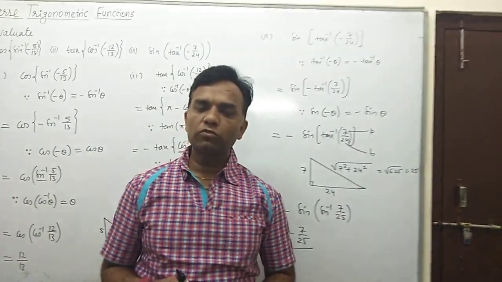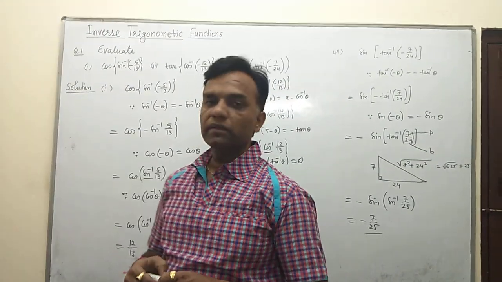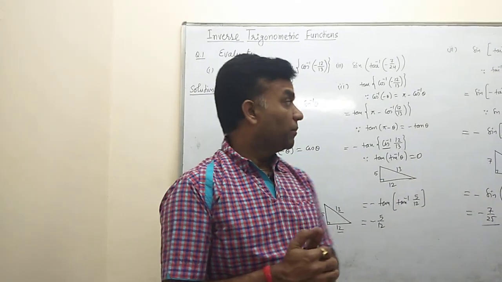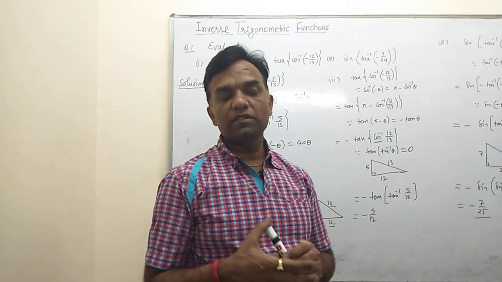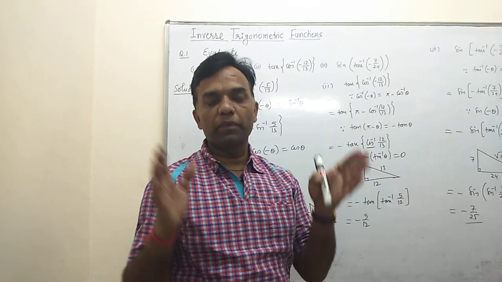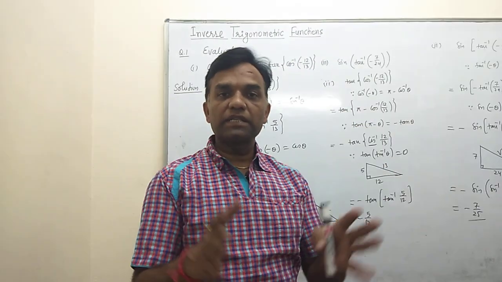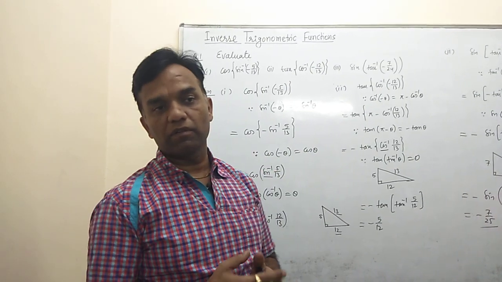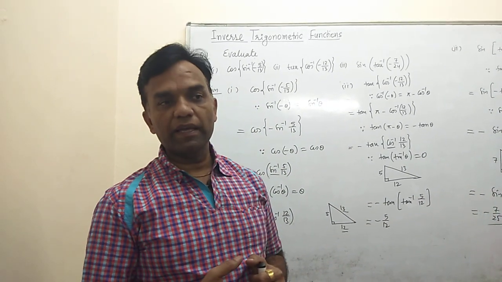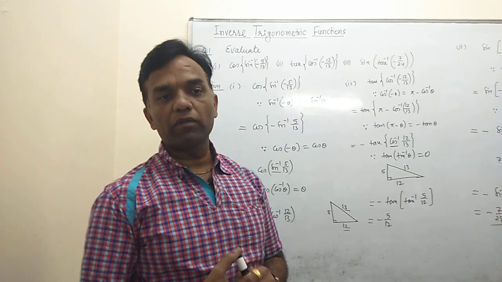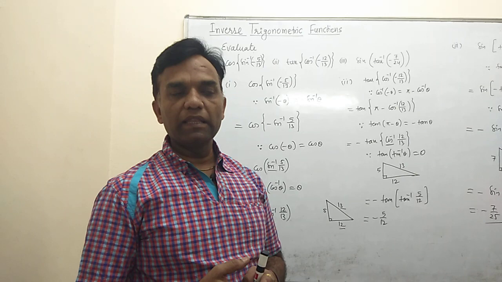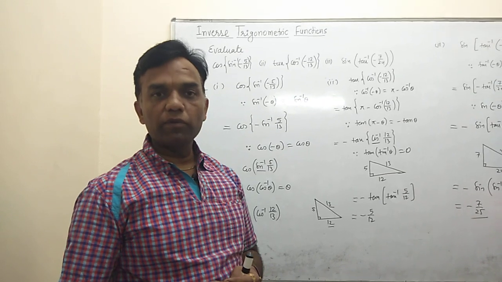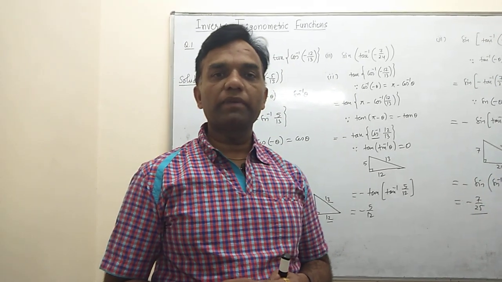Okay, so practice many questions in the same way, in the same manner. There are so many questions with minus sign, plus sign and different trigonometrical ratios, but their conversion is very easy. In inverse trigonometry, one particular formula is focused on. You use the concept of right angle triangle, and maximum help comes from the Pythagoras theorem, because all the questions you saw here depend on the Pythagoras theorem. So basically, whenever you convert any trigonometrical ratio into a different trigonometrical ratio, always use the concept of Pythagoras theorem.